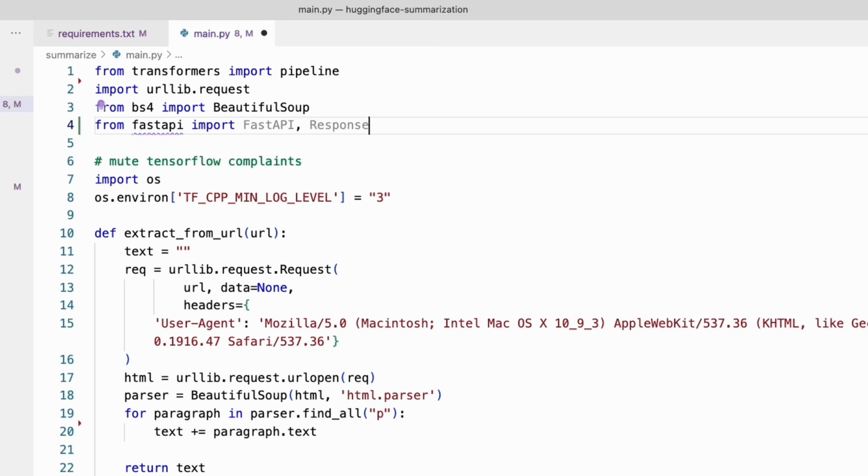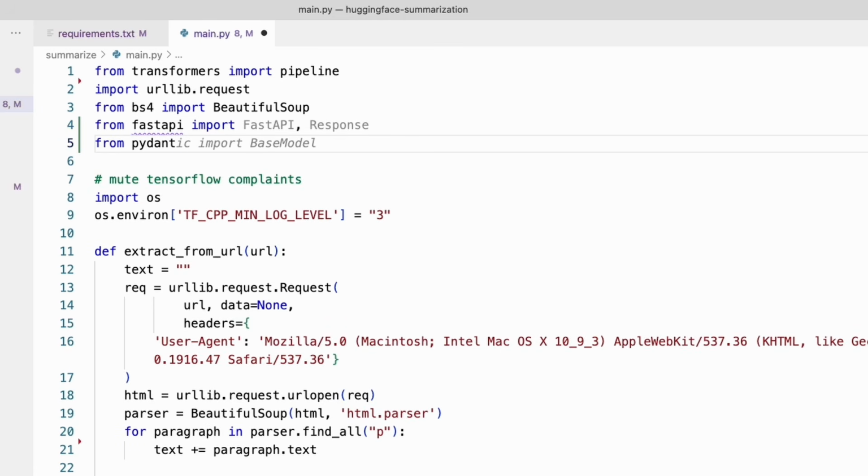I think response is something that we want to use for some HTML things that we're going to respond for the root. And then from Pydantic, again, I didn't install that by default because it comes with FastAPI. And yes, in fact, we're going to use BaseModel. I'm going to accept there the suggestion from Copilot.